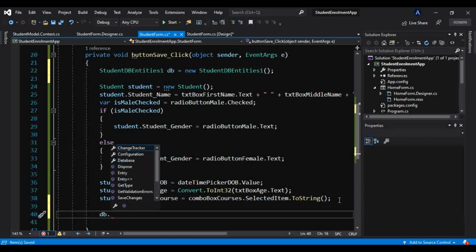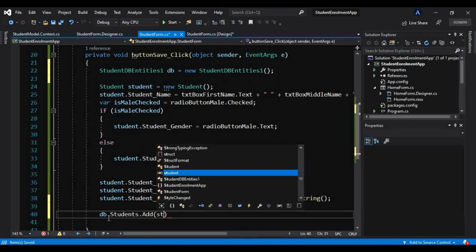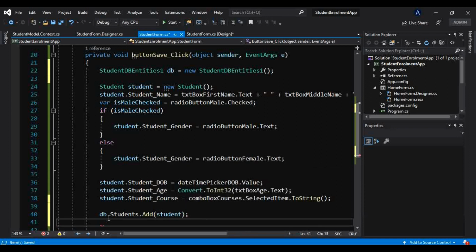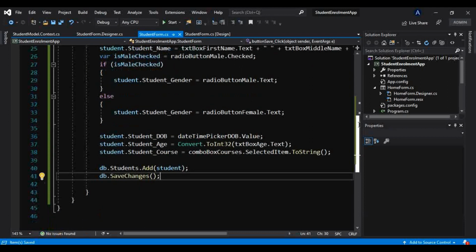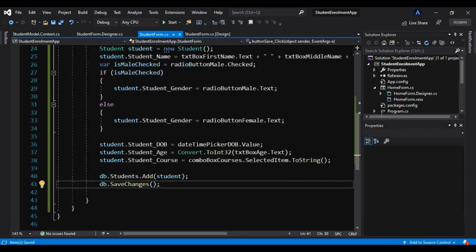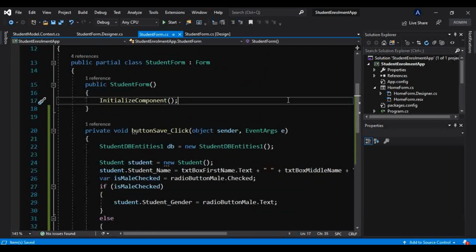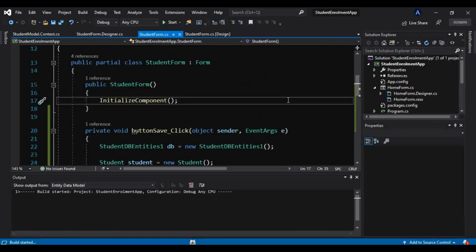I have already told you this is a database, and in that database there is this collection of students, and we can add that student object like this. So I have added that, and we also have to call SaveChanges. If we don't do that, it will not reflect in our database. So we have to make this SaveChanges also, and now it is good. Let's try to save this to our database and see if it gets saved.